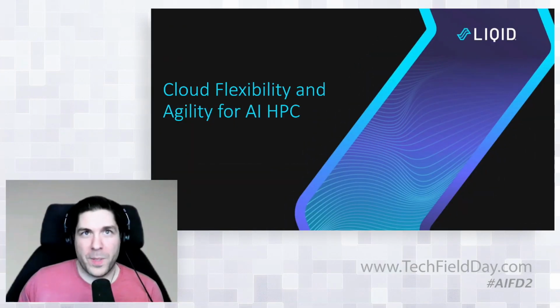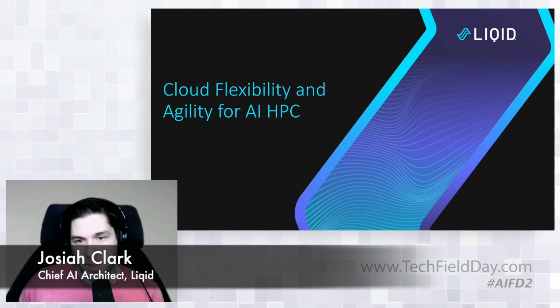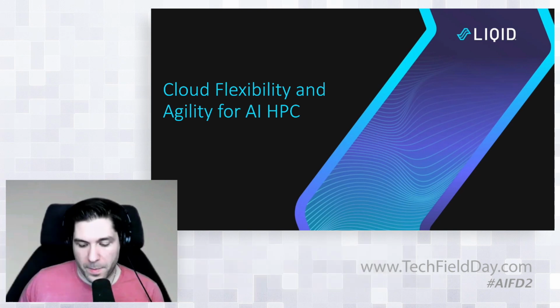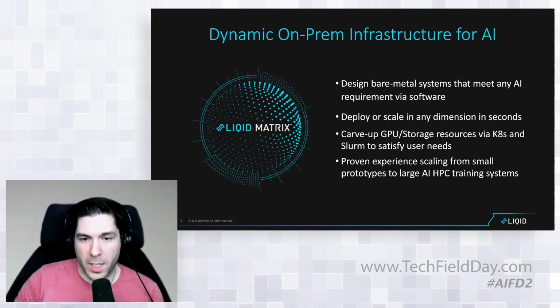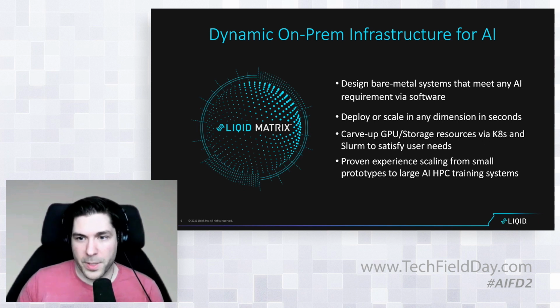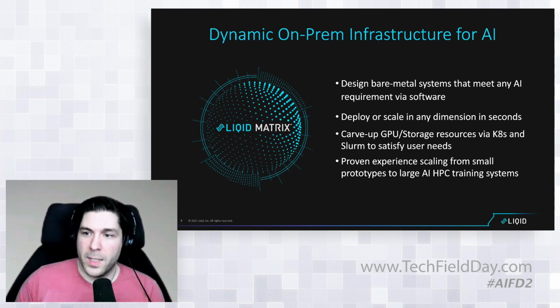Okay, so what people would like though in a perfect world is cloud flexibility, but for AI, with the cost savings of on-prem infrastructure. We're not a cloud company, but we try to give people that have-it-your-way approach to actual physical servers, and it really works out well in the machine learning and deep learning space. So kind of our core goals: we've designed an ecosystem basically